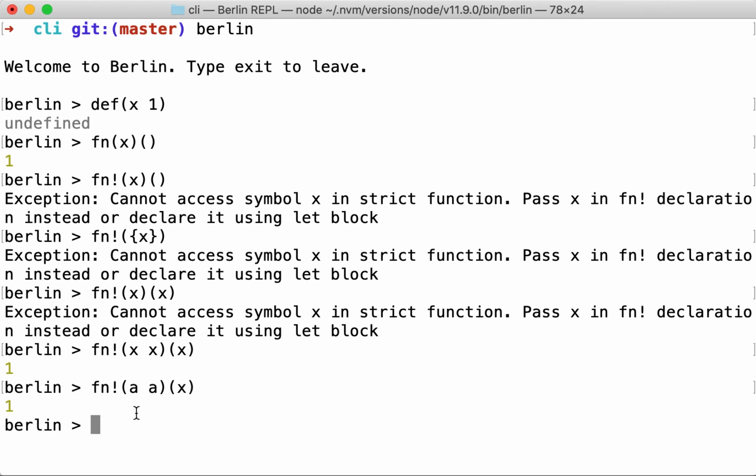As a convention in Berlin, if you don't use these as anonymous functions and you assign them to a variable, so now they're named functions, you want to end the name in a bang. This will alert anyone who uses your code or who reads your code that they can rely on this function's modularity. And so, yeah, this is how you would declare the identity function and pass in this bang. In fact, the core of Berlin has an identity function that utilizes the function strict mode. It was declared this very way.